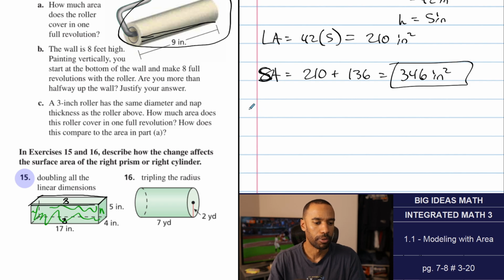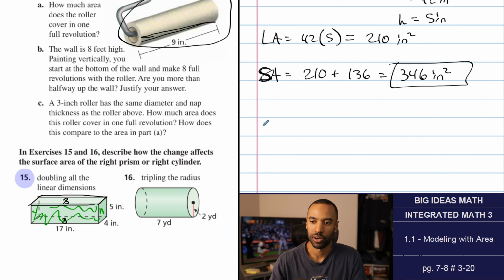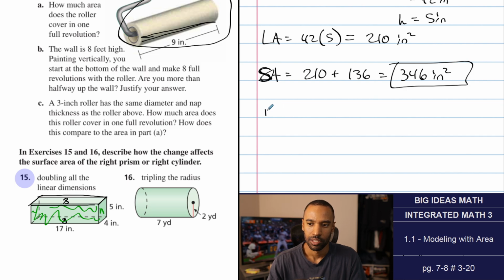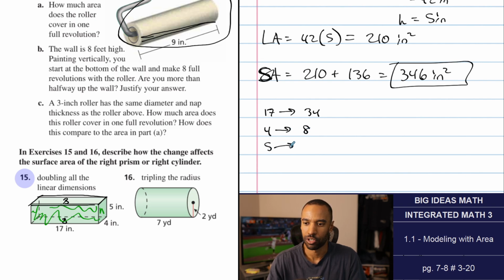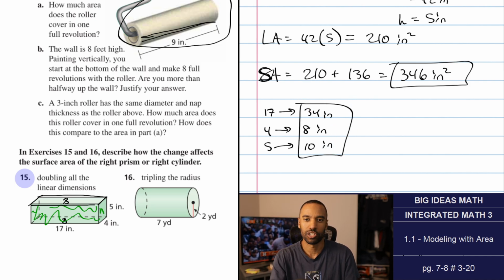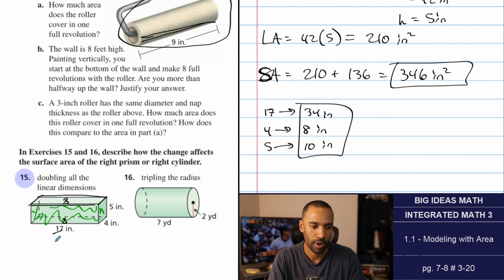So let's go ahead and double everything now. As we double everything, now we're talking about turning these things into 17 goes into 34, 4 turns into 8, and 5 turns into 10. So these are our new ones that we're talking about right there. So kind of just utilize all those. Maybe I should write them here. 34, 8,